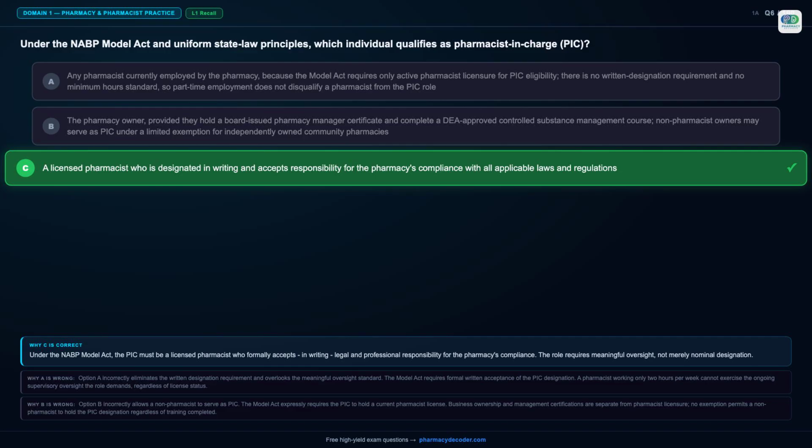Option A is wrong because Option A incorrectly eliminates the written designation requirement and overlooks the meaningful oversight standard. The Model Act requires formal written acceptance of the PIC designation. A pharmacist working only 2 hours per week cannot exercise the ongoing supervisory oversight the role demands, regardless of license